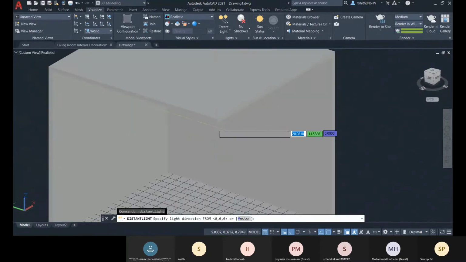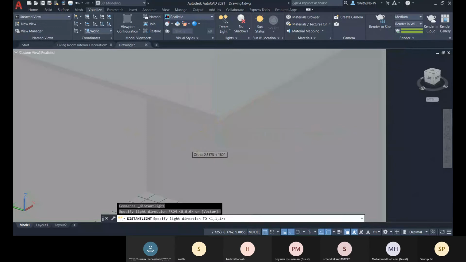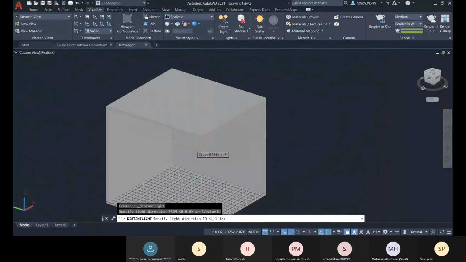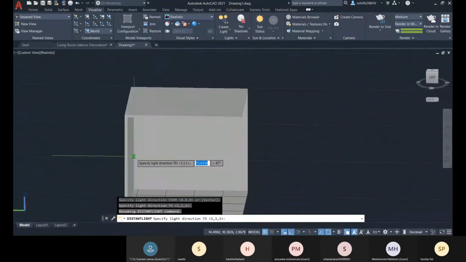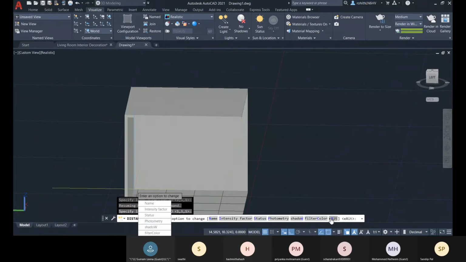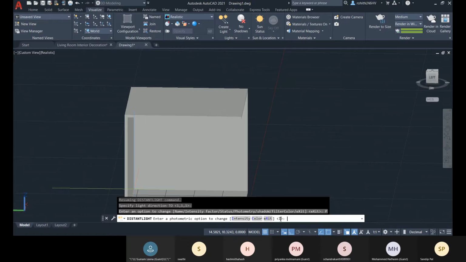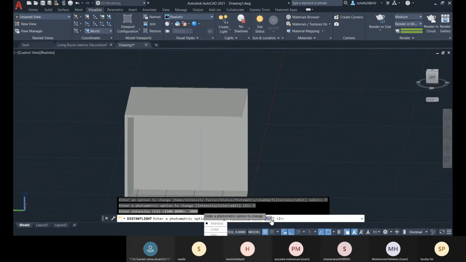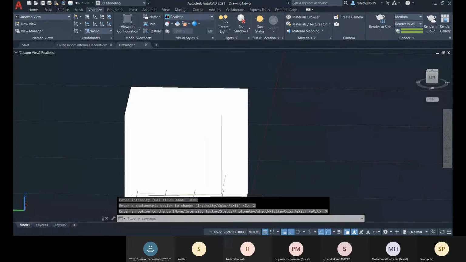Let me allow this, and this is the position, and the light direction will be facing like this. And let me go for intensity and all. We will see photometry intensity is there. So let me go for 3000, enter, and let me exit.